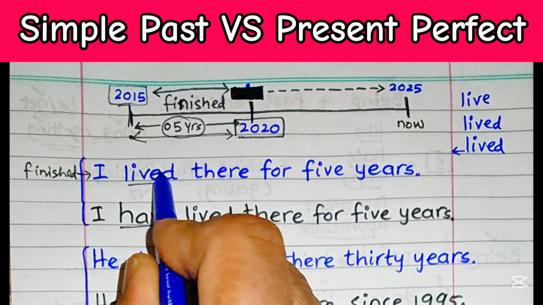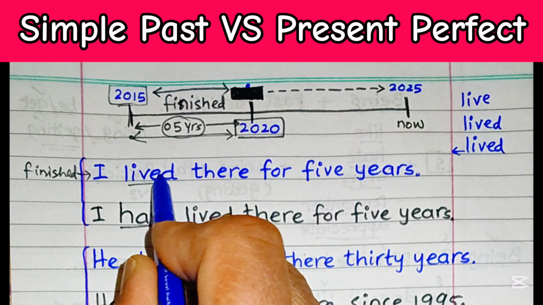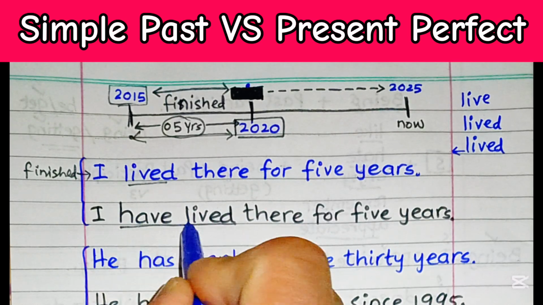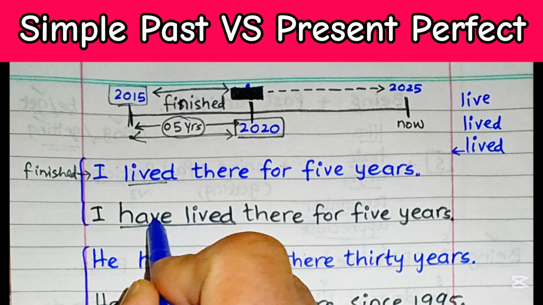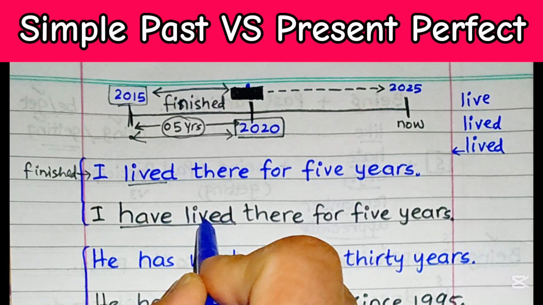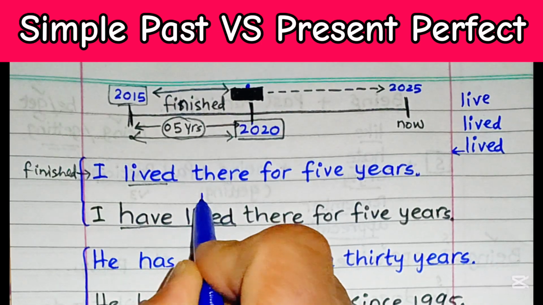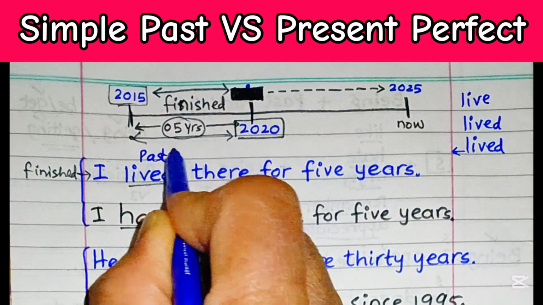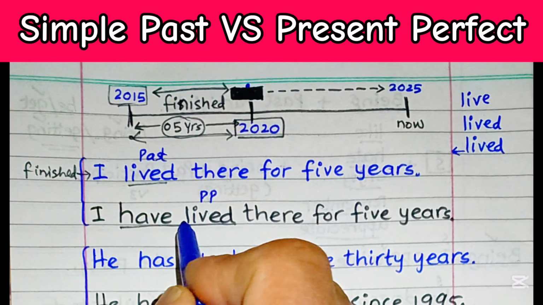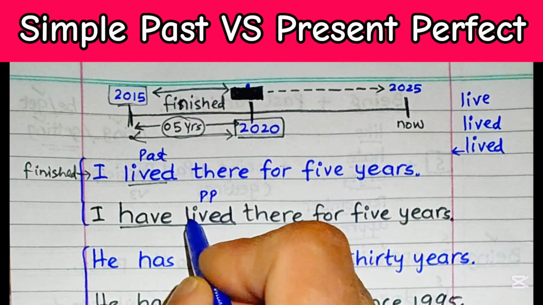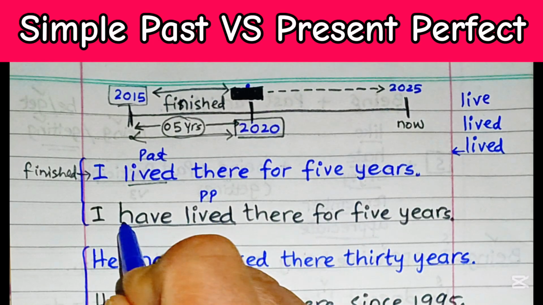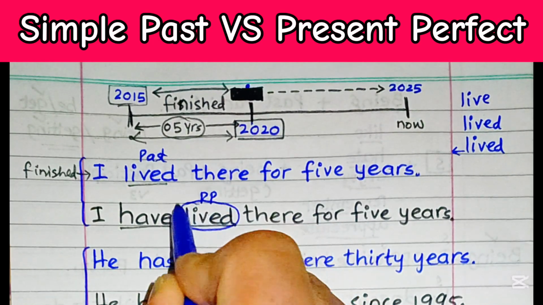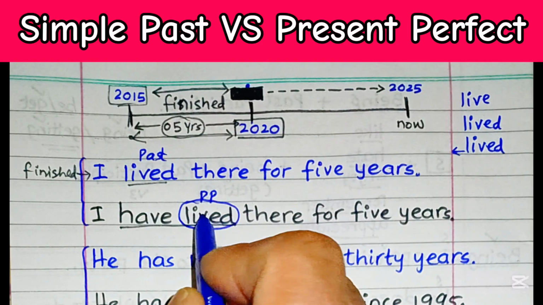In the past tense, it is lived, and in present perfect tense, have lived, it is the past participle lived. They look the same. But this lived in the present perfect tense